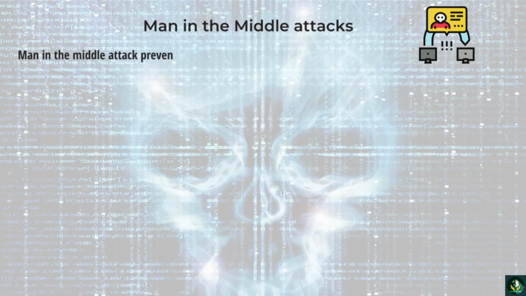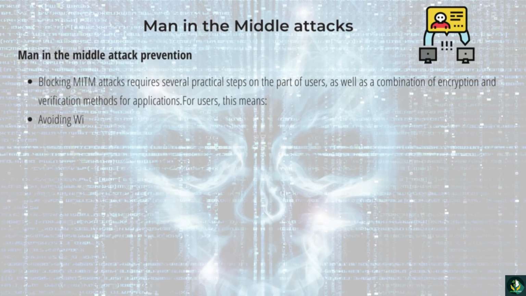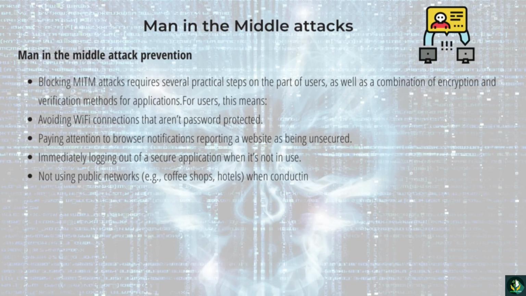Man-in-the-middle attack prevention. Blocking MITM attacks requires several practical steps on the part of users, as well as a combination of encryption and verification methods for applications. For users, this means avoiding Wi-Fi connections that aren't password protected, paying attention to browser notifications reporting a website as being unsecured, immediately logging out of a secure application when it's not in use, not using public networks, for example, coffee shops and hotels,